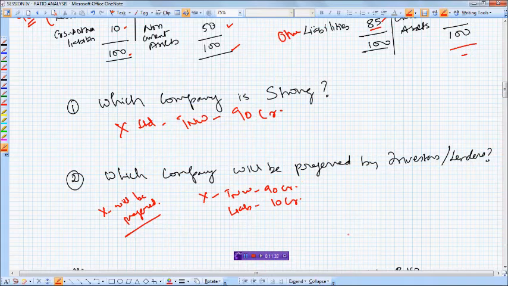So even if you think on the extreme side of liquidation of the company, or in the event a default takes place, say this company is not in a position to meet 10 crore, what will happen? Net worth of 90 crore. I mean, equity shareholder funds of 90 crore are available, and this will be sufficient to take care of the obligation of 10 crore. So a lender, an investor will be interested in a company which has more net worth and